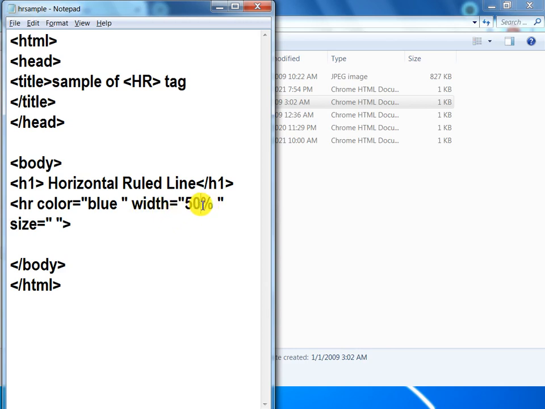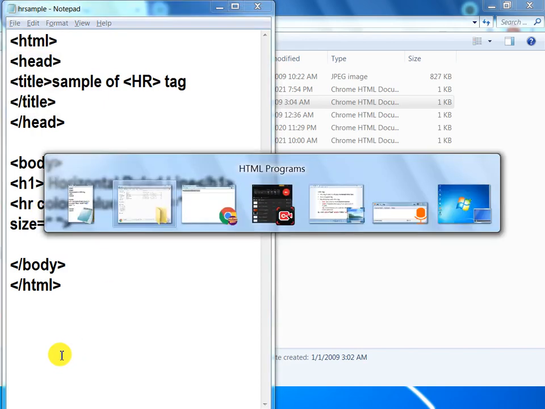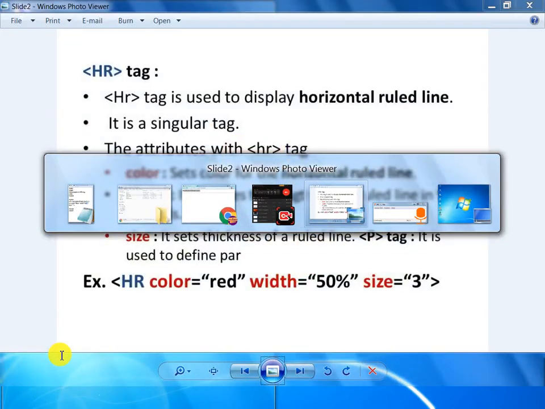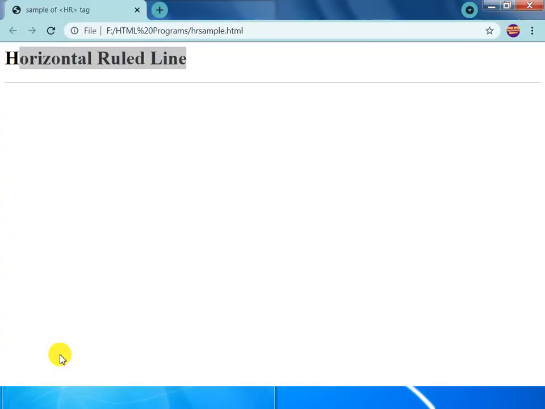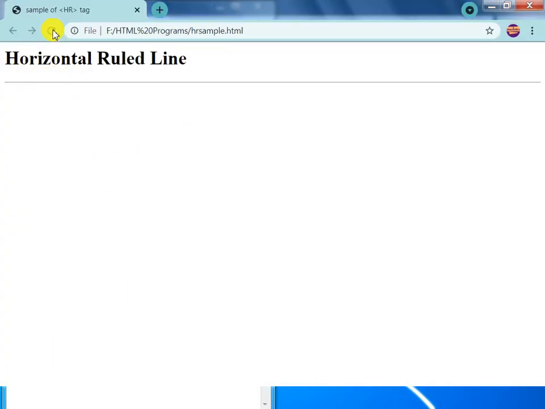I apply it here as a percentage. Now check the output of these two attributes. Click on the refresh button or simply press F5 on your keyboard. This is the output of a blue colored HR at 50%.